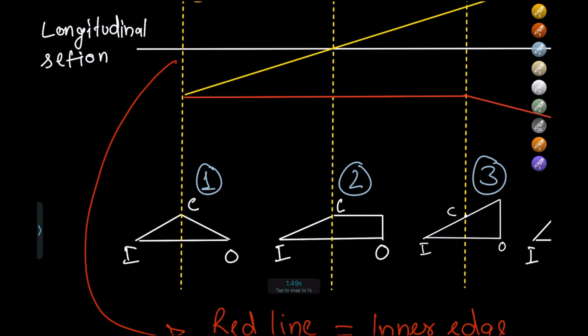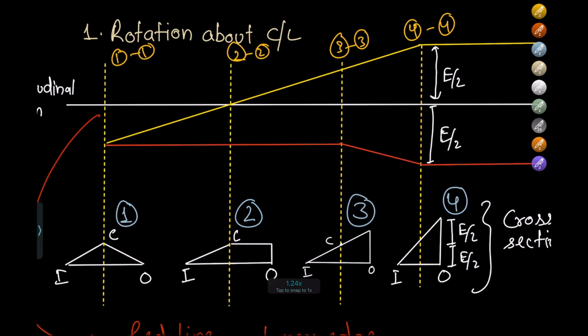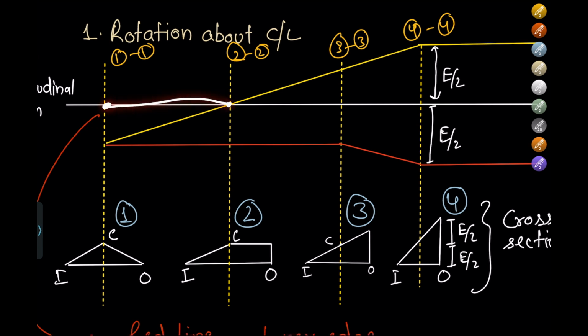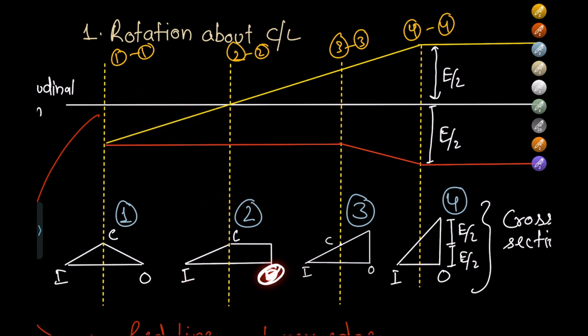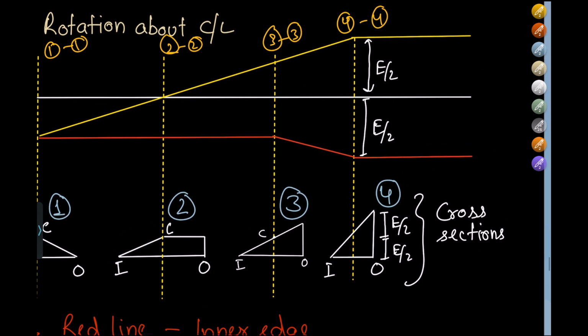The section is in the straight longitudinal section and the curve has not started yet, and hence the camber is being displayed in the figure. As soon as it moves from this point to this point, the outer edge starts to rise and it is now at this point. So it is represented in this cross section as well. The outer edge has been raised to this position and it is now straight, and the road from inner edge to center line is still in the